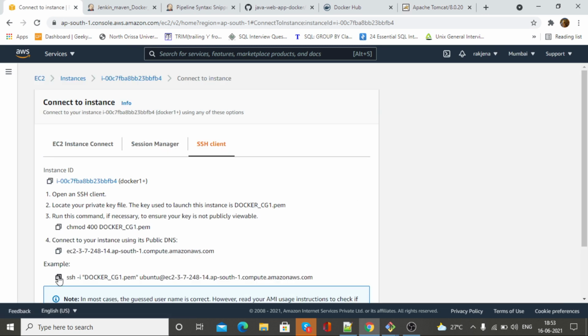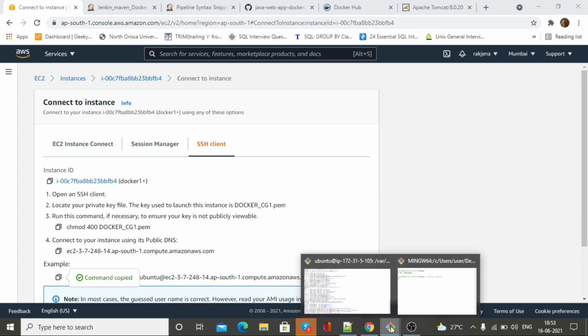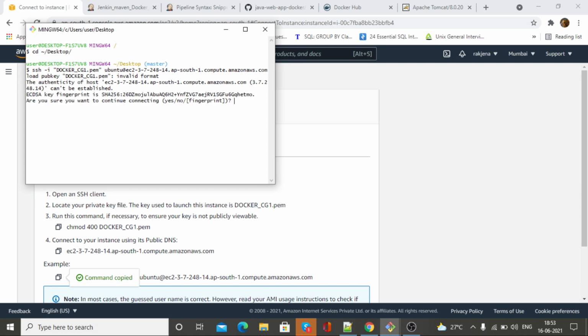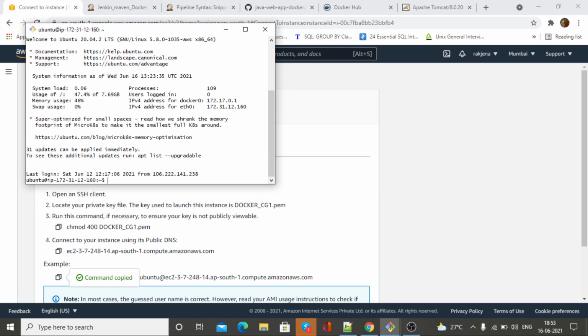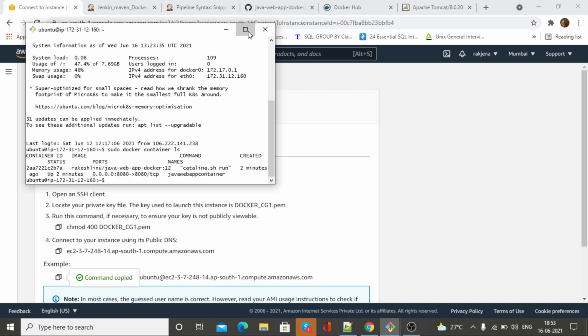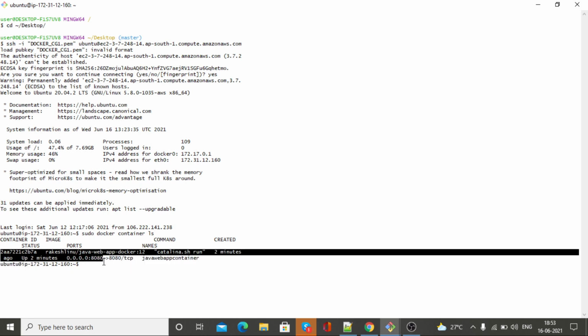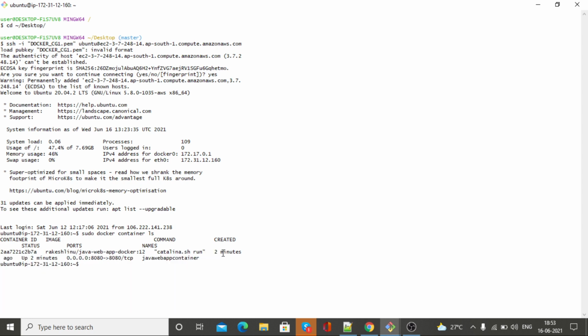Connect. So sudo docker container ls. You can see a container has been started, created 2 minutes ago. Okay, so it's running.